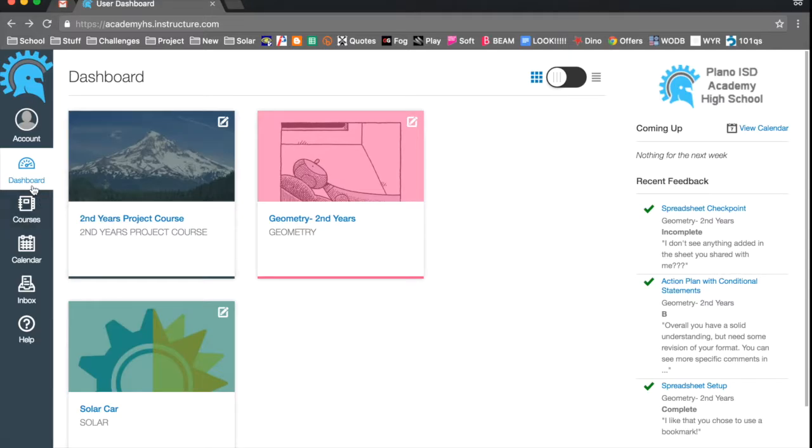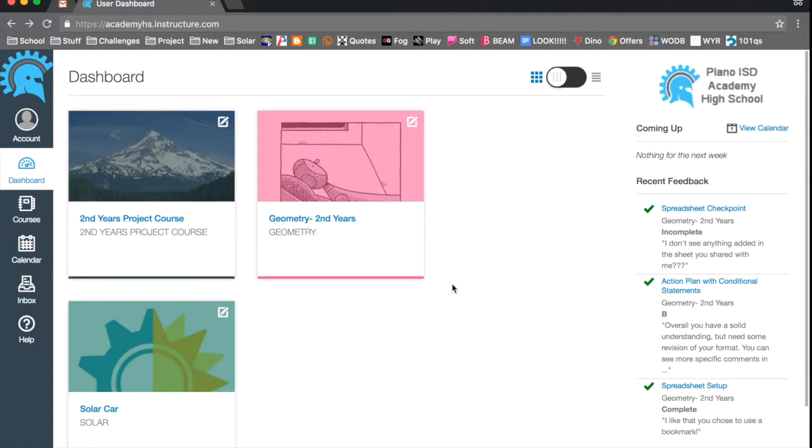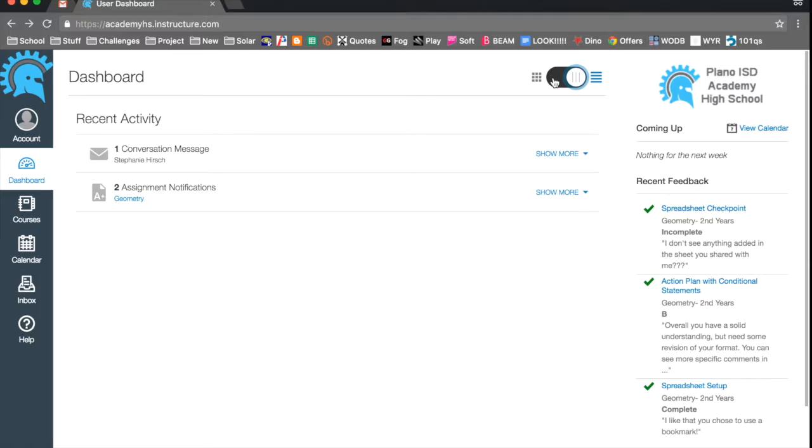beginning is your dashboard. Your dashboard shows you all the courses. I know for most of you guys you have to keep scrolling because you have a lot of them. And this is just a quick way where you can see, oh, I need to go to the second year projects course. You can click there and it will take you. You can also switch back over to list view. However, I will say that it does not show you very much, and usually grid view is going to be